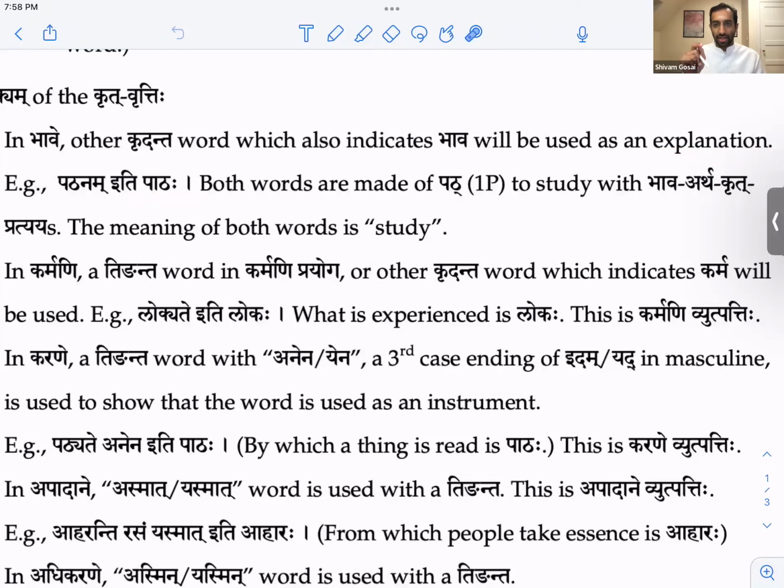You have pat plus Ghañ, it causes vriddhi, becomes pat. And then you have akara for Ghañ, so pata, and then pataha, like Ramaha. Both words are made up of pat. This other one, though, is pat plus lyut. Lyut becomes ana. So pat plus ana becomes patana.